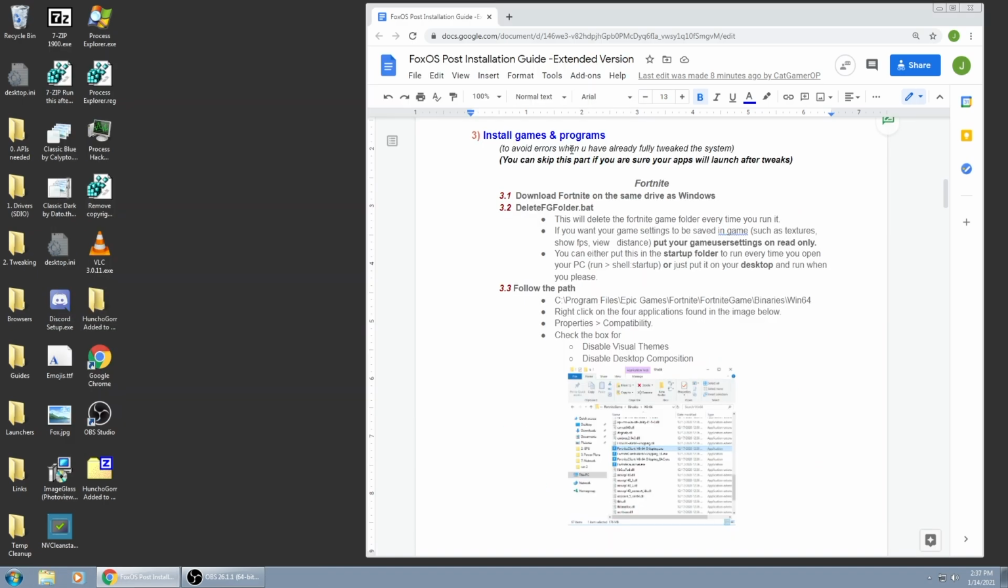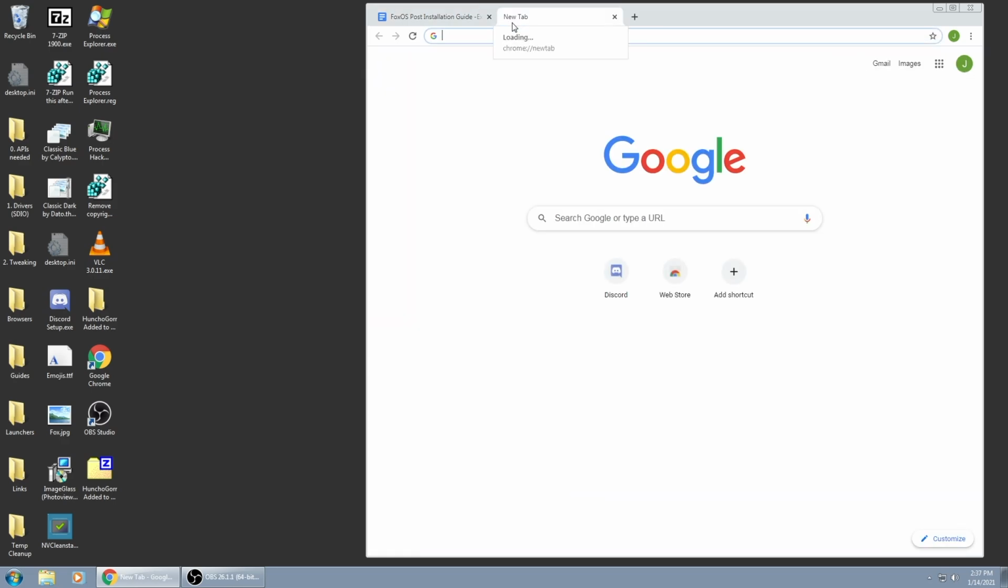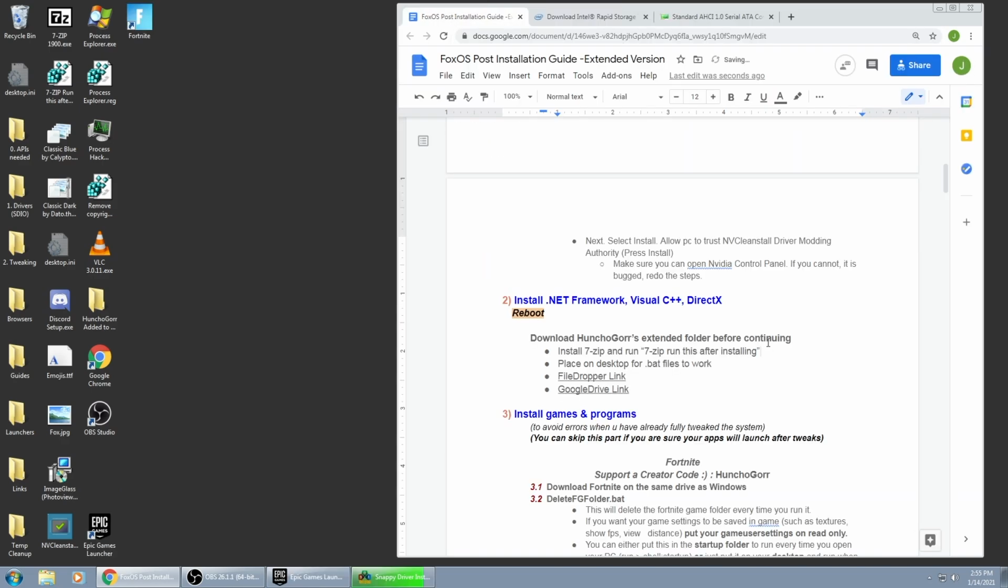The next step you want to do is install whatever games you are planning on playing to make sure that they are compatible. So at this point I am going to install Fortnite. You'll want to download my pack. That's an extended folder of things that I've added to the OS. You need to install the 7-zip up here and then run this reg file after the program extracts and